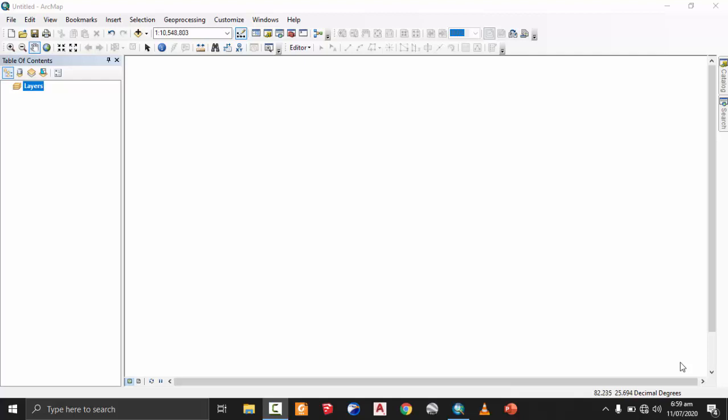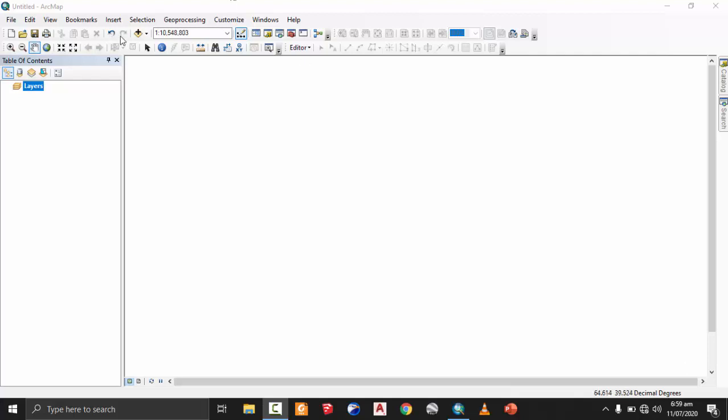Today we are going to learn how we can make a map by using vector data. In that case, I am taking an example of the district shapefile of Pakistan. I am going to add it by using add data, and then we will use the information that is stored in the open attribute table. Then, using that information, I am going to make a map, and you will learn how we can make a map in GIS.